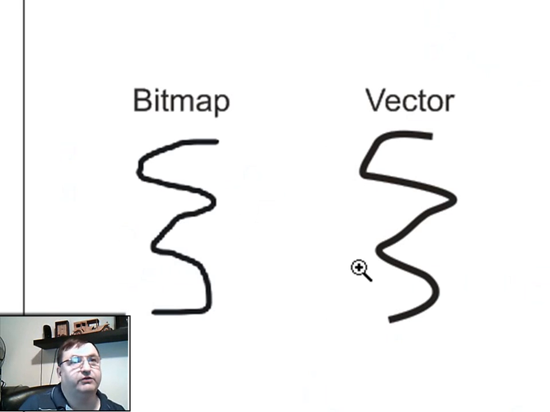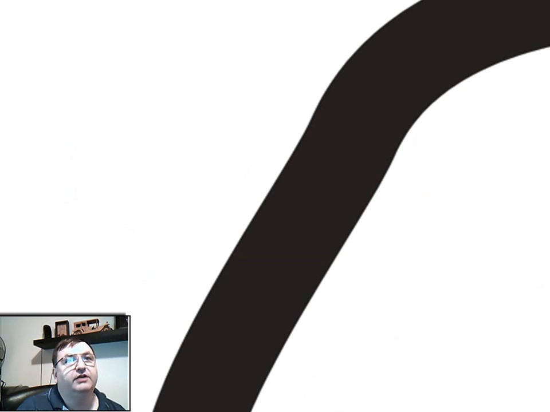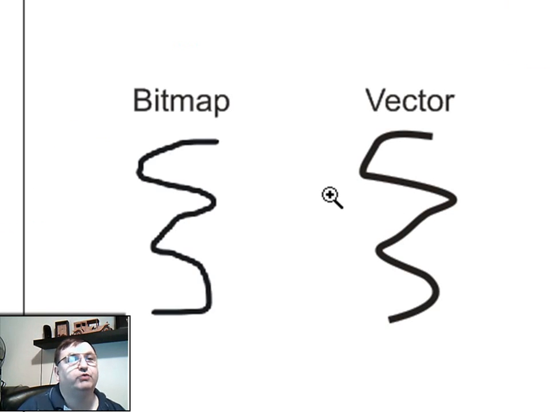In other words, this bitmap graphic is a collection of pixels that are defined at the moment the image is created. And to enlarge or reduce this particular graphic, the program has to either add pixels or subtract pixels to be able to do that. So that's what a bitmap graphic looks like when you zoom in. Now this is the vector graphic, and I'm going to zoom into about the same size area, and you can see that this is retaining its smoothness, and it doesn't matter how far we zoom in, we're still going to have a nice smooth line.